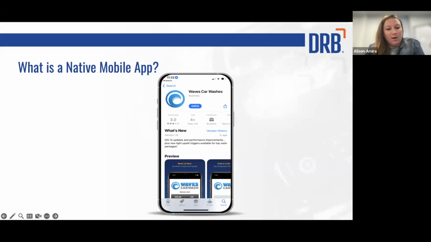So a native mobile app is an application that's created specifically to be downloaded and live on your mobile device. Within this device, it will store all the necessary data that it needs to operate and integrate with other features on your phone. So for an example, an app may access your contacts, your microphone, or your camera roll. It functions as a standalone program that's developed completely independently than a web-based software. So think about when you access Facebook through the app on your phone.